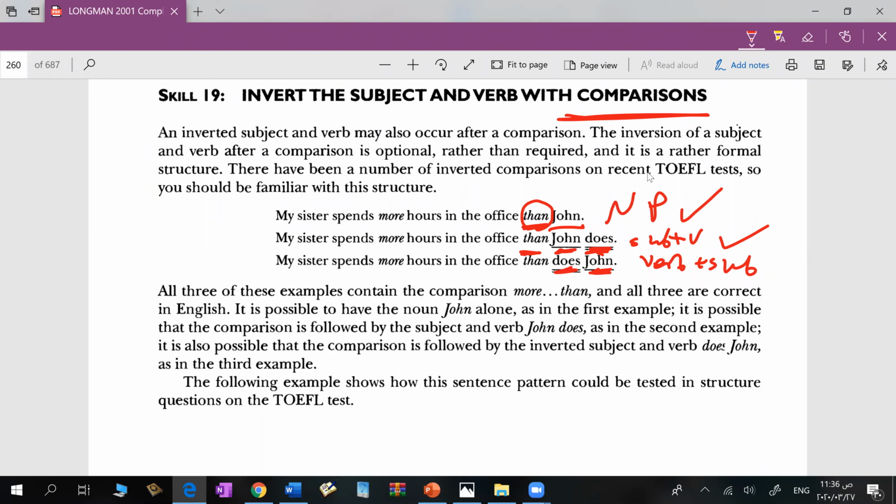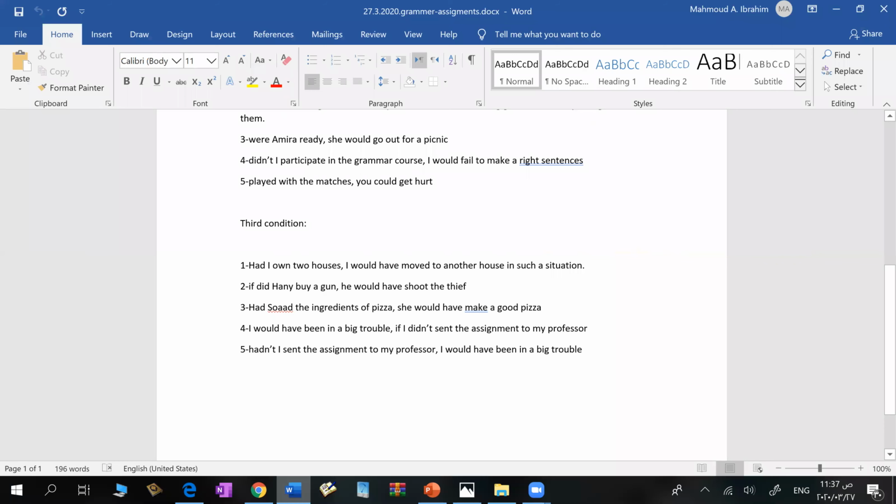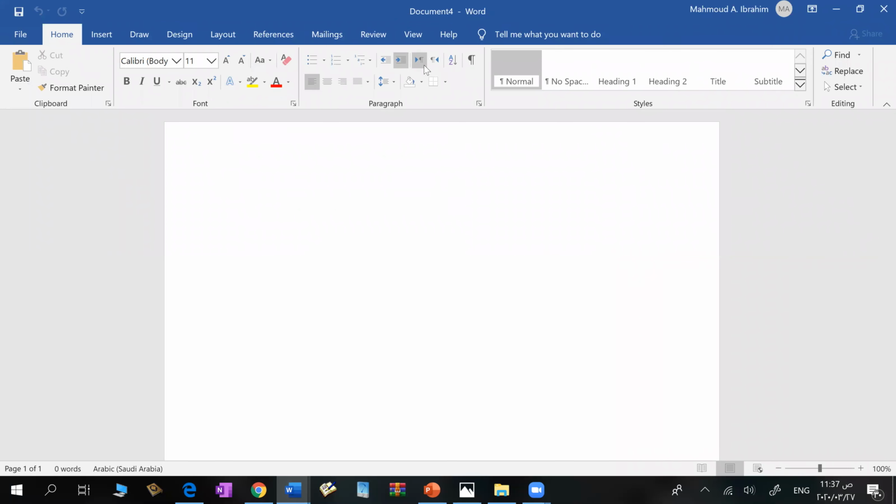All of the cases are correct. But here the trick is what? To decide on the verb. هنا بقى الحتة التريك is not to use noun phrase ولا subject verb ولا verb subject. All of them are correct. But the trick is to decide on the verb. ايه الverb اللي هيجي بعدين? Here the verb of the sentence is what? My sister spends. This is simple present. مش كده؟ قلنا spends simple present. It means it consists of does and spend. So if you get a verb after than it should be what? Does. Okay? يعني say, for example,